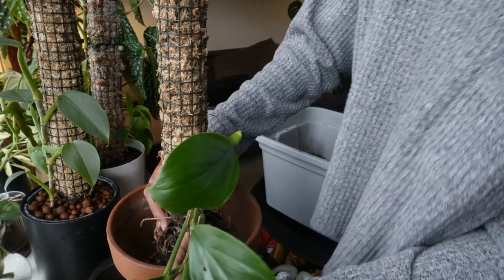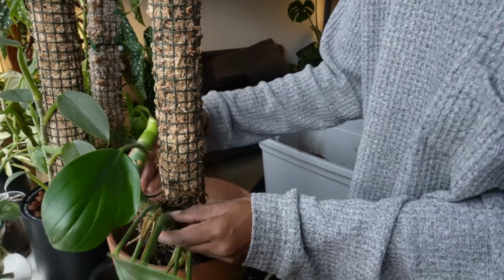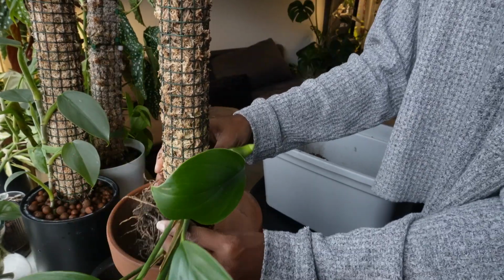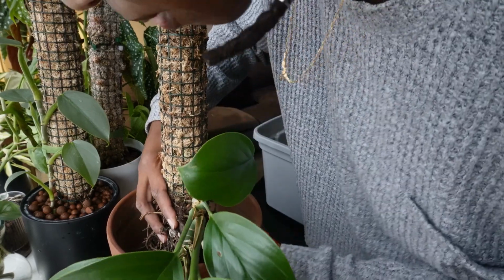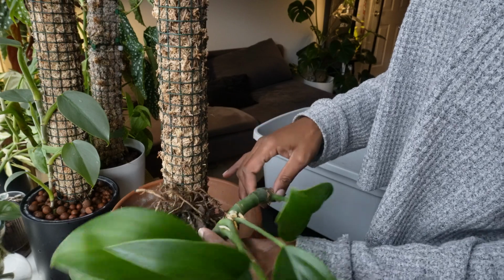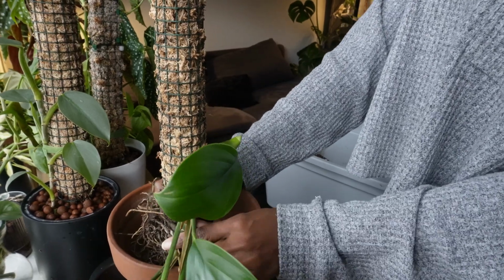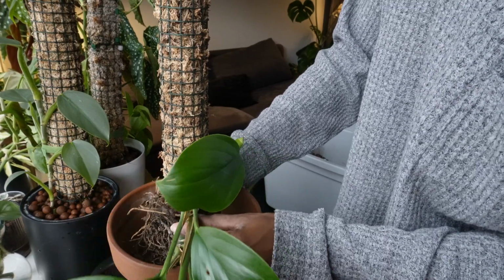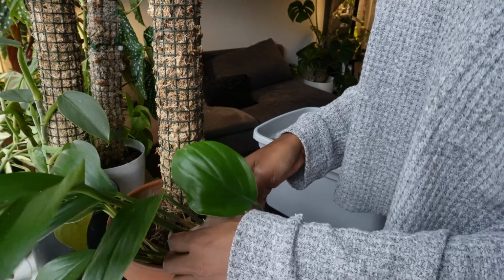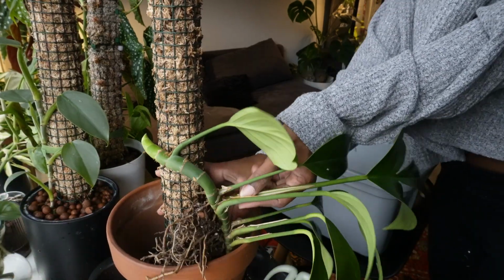So I'm gonna put the plant in. It's very weird because of how it grew. This little part didn't grow straight up, and that's my fault. I'm gonna have to figure that out. I have to move this moss pole back some maybe, because this plant is deep. I don't know how I'm gonna do this. I might have to